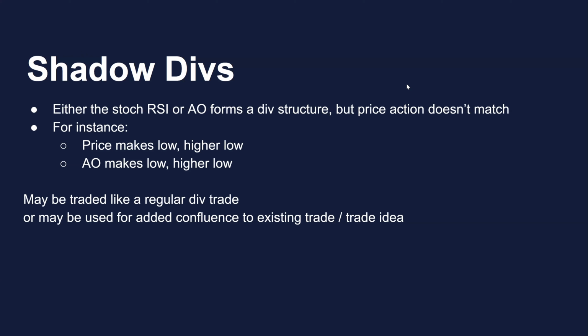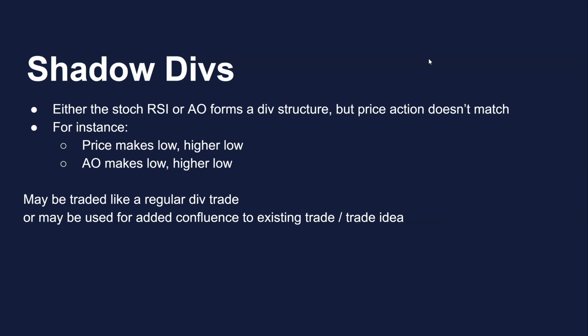I think last for this presentation, we'll talk about shadow divs. This is a term that I've coined, based on an idea or a phenomenon I've seen while trading. The idea behind this is the stochastic RSI or the AO is putting in a divergent structure, but sometimes price action doesn't match. So the AO will look like a textbook divergence, except price isn't making that higher high or